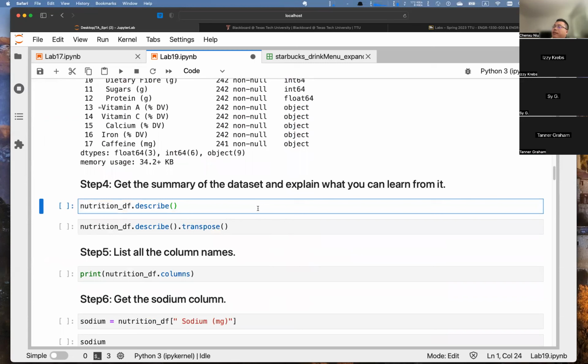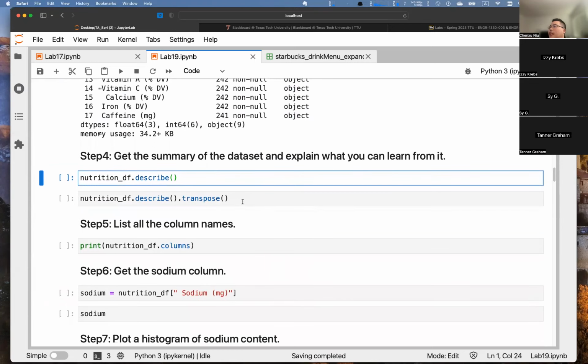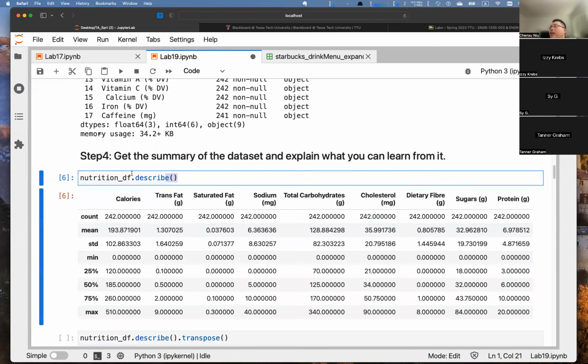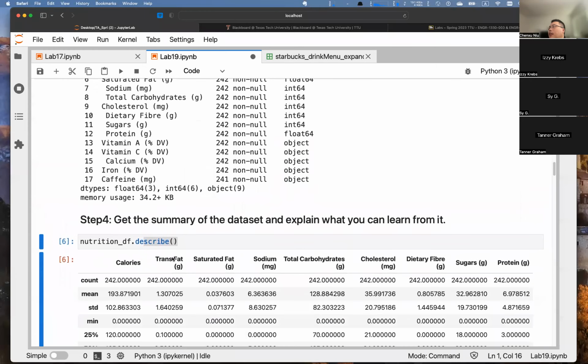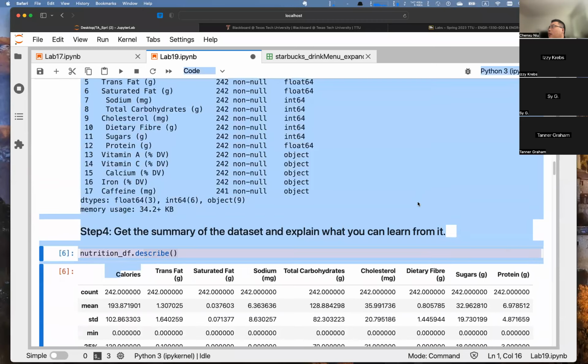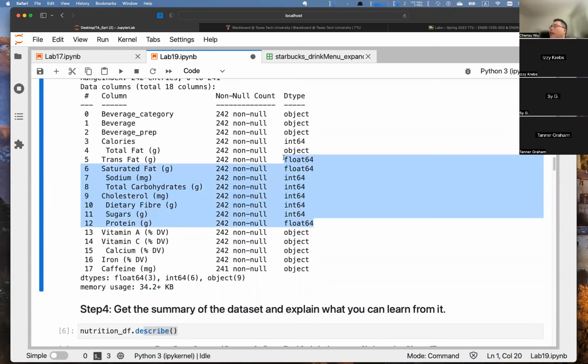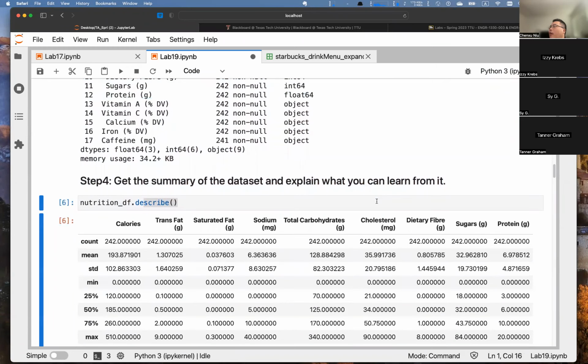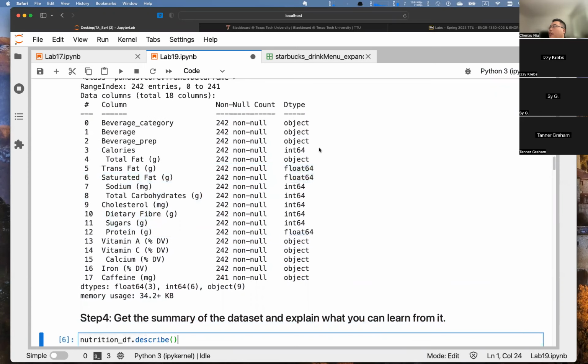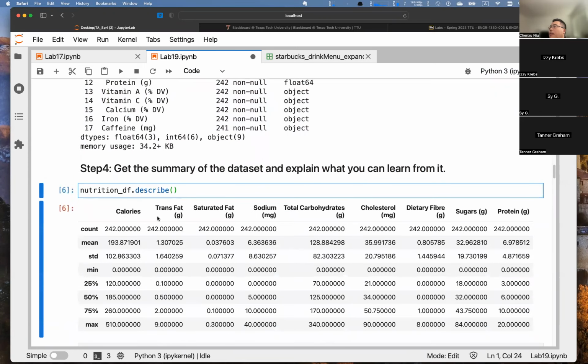And next one is about the summary of the data set. So it's about the mean value, the minimum or maximum value of each column, right? So you can use the describe method, right? Describe method, and for all the... so here you see object means they are strings, but for some float or int, they will have more information. So you can use this way to select these 9 columns, and